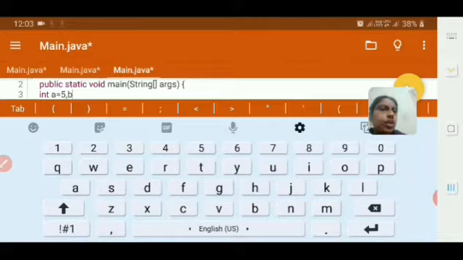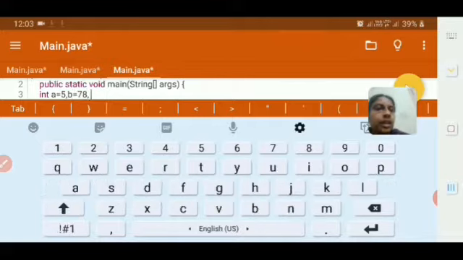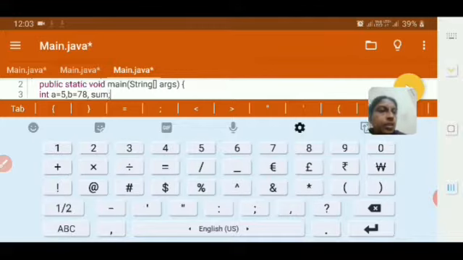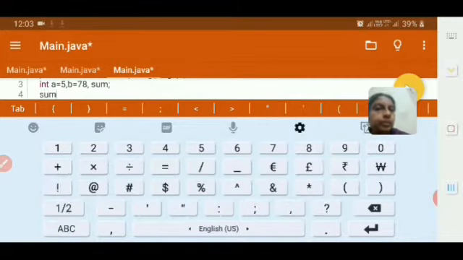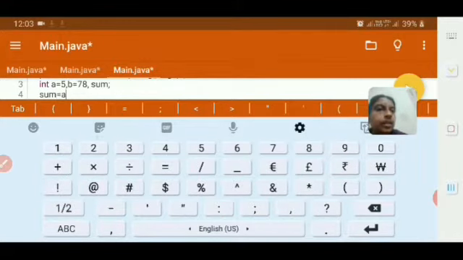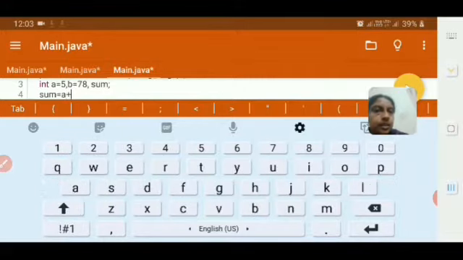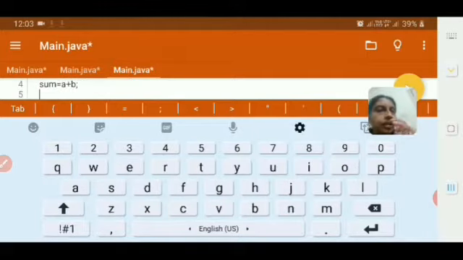Int means it should be a whole number, so we declare it as an int. b equals 78, comma, sum, end it with a semicolon. Then I am giving sum equals a plus b, and then semicolon, press enter.